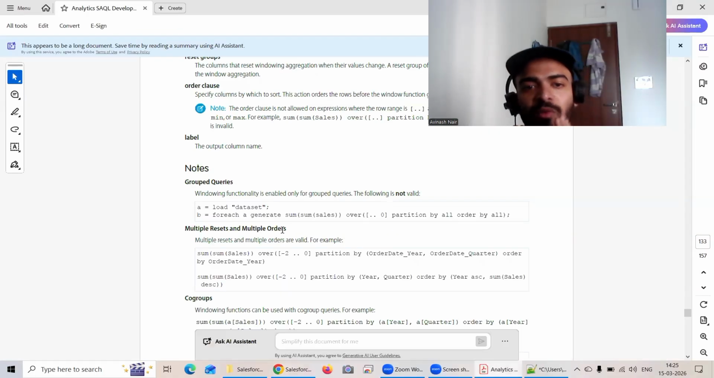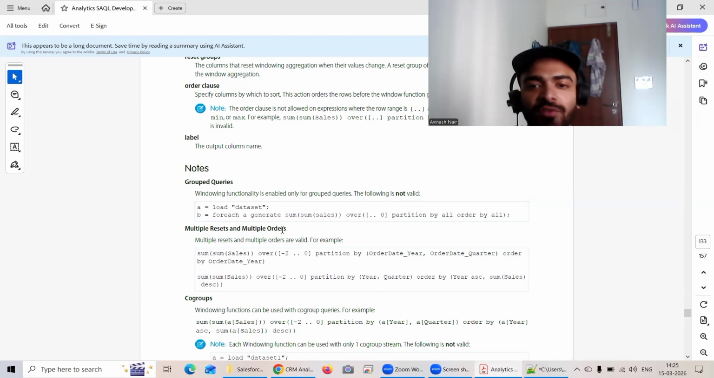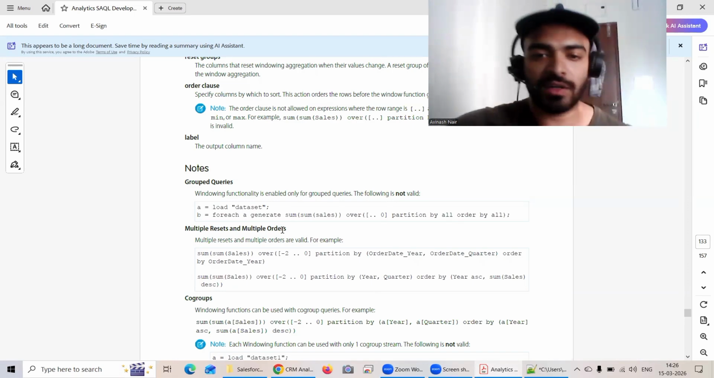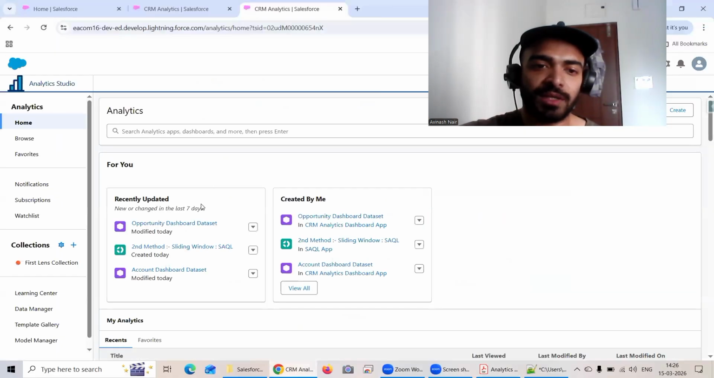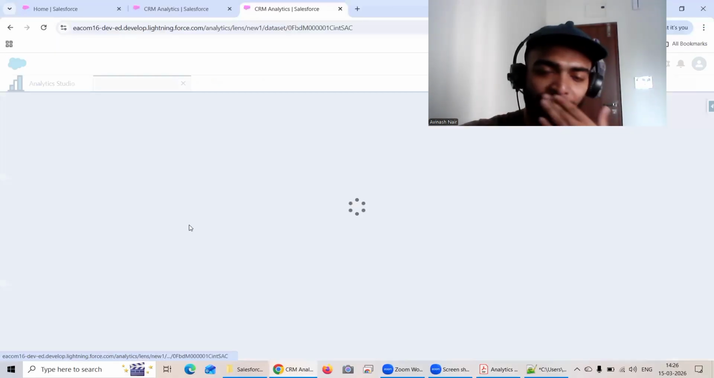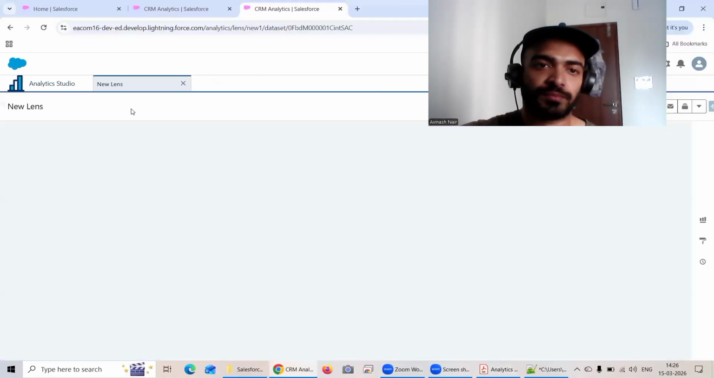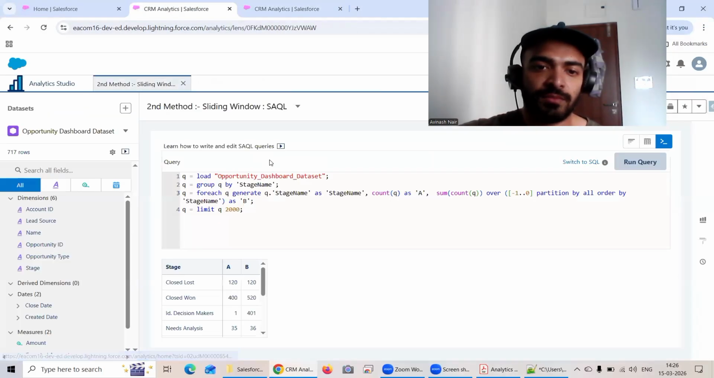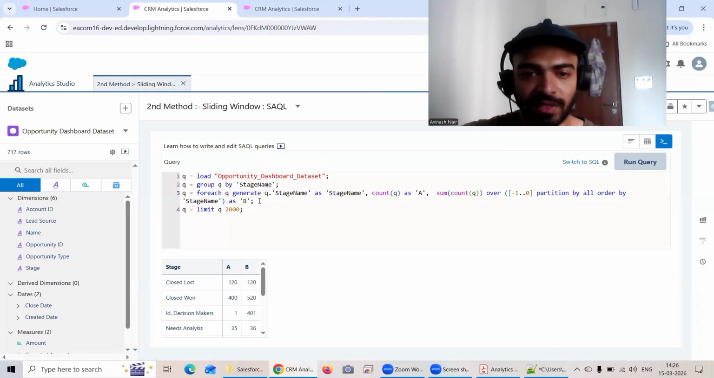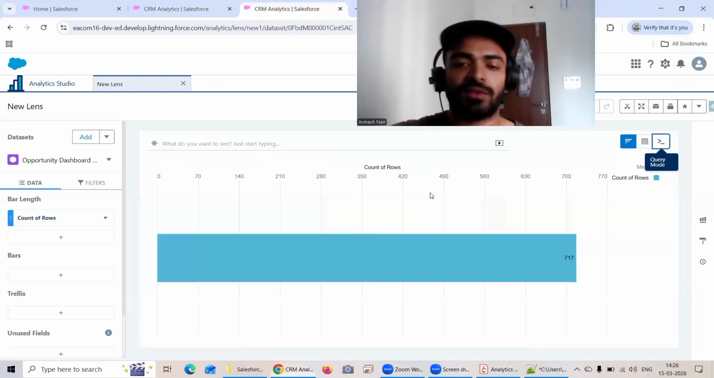Now, what are some of the important notes? Grouped queries: the windowing function is enabled only for grouped queries. The following is not enabled. So if you're loading something, you cannot directly go for this windowing functionality calculation. First, you have to do a group by, that is for sure. For example, let's say we did one of the methods. I can take a note of it. If I do this same thing and don't group by anything, it won't be able to take that part into consideration. So here, if I go to the SAQL mode,